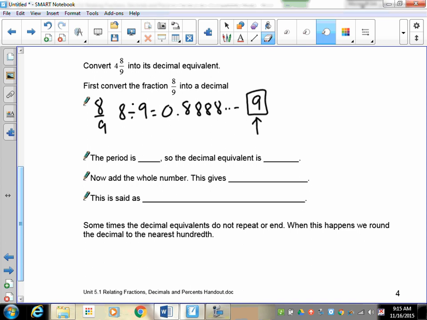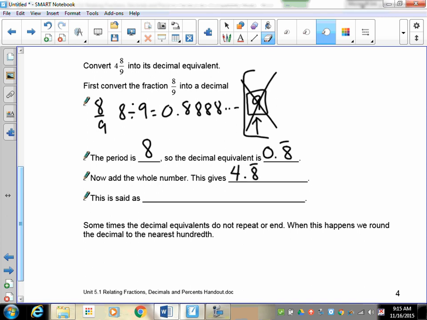So don't include that and think that, oh, I guess it doesn't repeat because it changes to a 9 at the end. You don't usually include or count the last digit on your calculator because it can be misleading. The period in this one obviously is the 8. So the decimal equivalent is 0.8 repeating. Now add in the whole number. That gives you